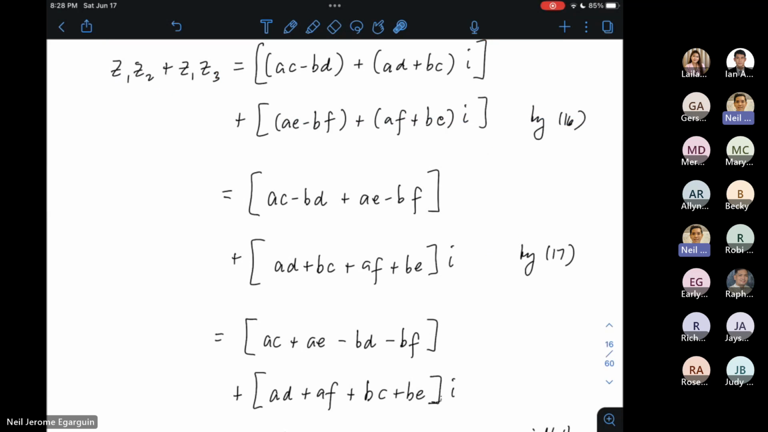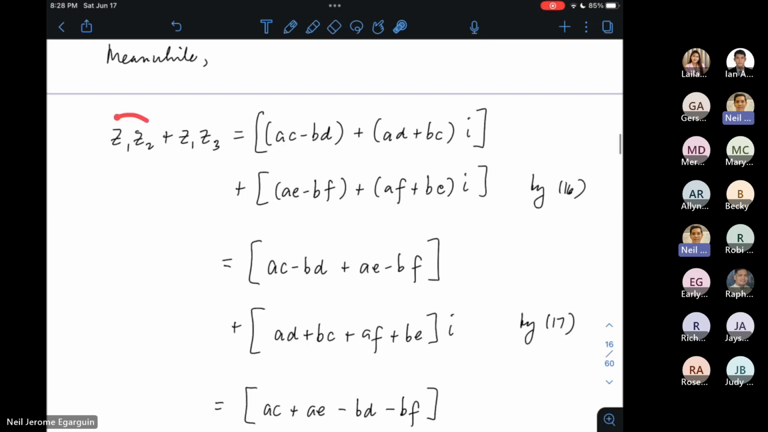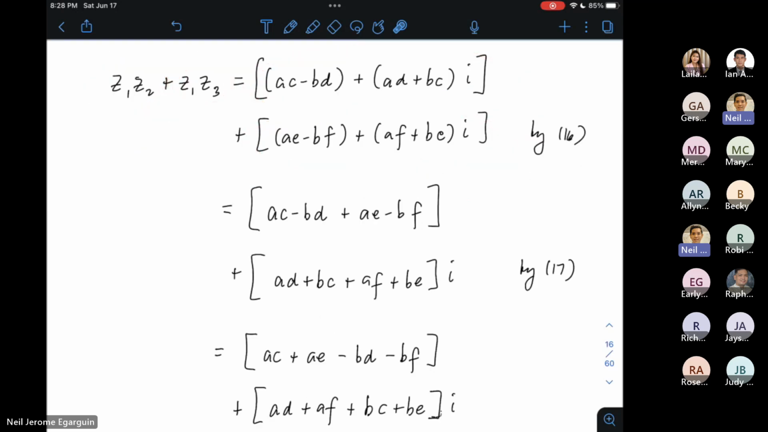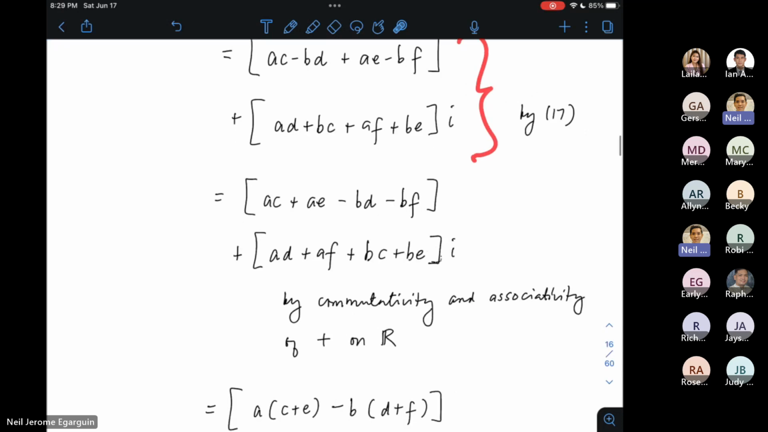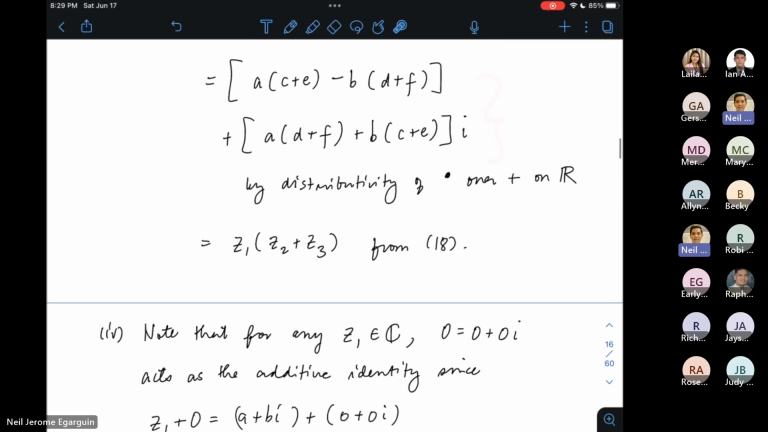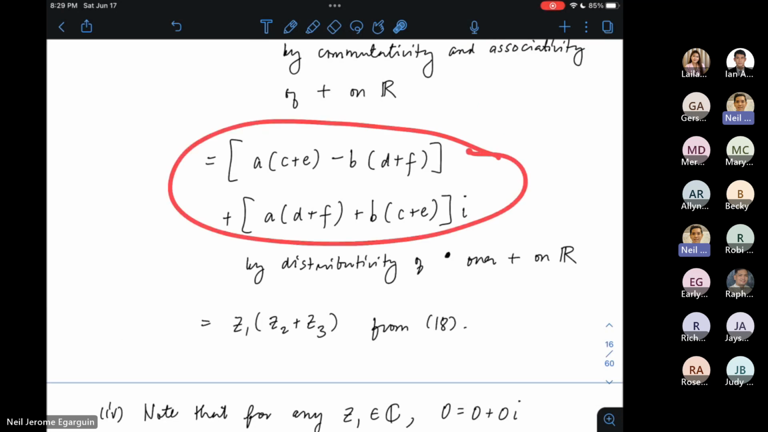Simplify mo yan, computation, computation. So dito, in-apply ko lang ng paulit-ulit yung equation 16 and 17, yung definition ng addition at multiplication ng complex numbers. So Z1 times Z2 is this guy, Z1 times Z3 is this guy, and then we need to add them up. So we get that. And then, pag nag-add ako ng dalawa na to, ito daw yung sagot. And then, I'll just simplify them using properties of addition on real numbers, further simplification, and essentially, we will be able to show that this,